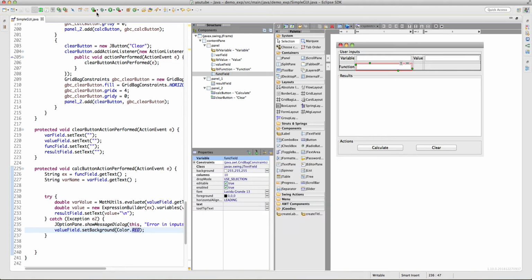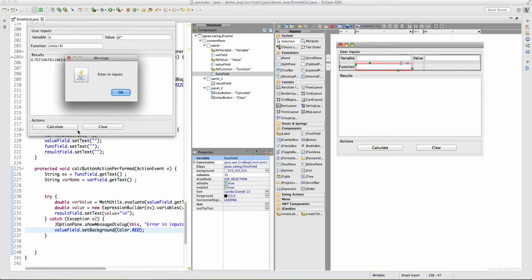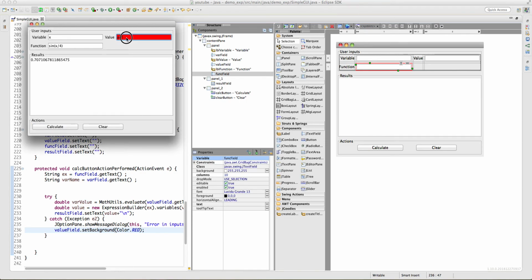Let's see what happens when we do this. So x, pi, sine of pi over 2, pi over 4, or x over 4, correct, and let's say this, it sets it to red. Okay, now obviously you can see that